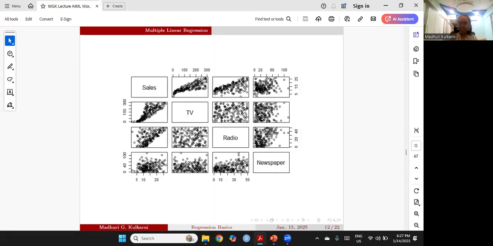So this is again real data. See here, you can see this is a matrix plot, where we have all the scatter plots together. See here, the variable sales: how much money was spent, what was the sales, and how much budget was allocated to television. The scatter plot of sales against television budget is here. Then the scatter plot of sales and the advertising budget for radio is here, and the scatter plot of sales and the advertising budget for newspaper is here.